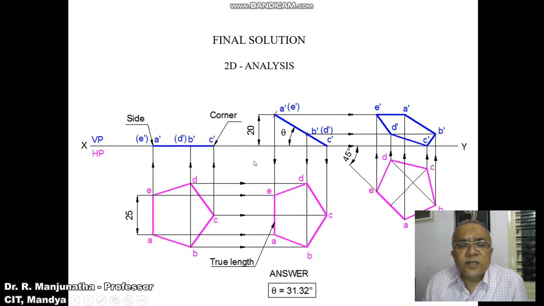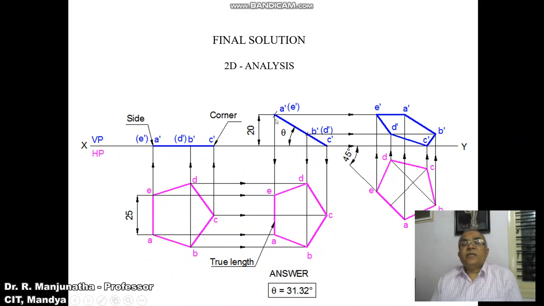Then he says that it is resting on one of its corners, so take any convenient distance, you mark this point as C dash, and then from here you measure the distance of 20 mm and draw a horizontal line. Then by using the compass, you measure the distance from C dash to A dash. With C dash as center, cut an arc on this horizontal projector, which is drawn 20 mm above the XY line. So then you mark this point as A dash and E dash, and then join A dash to C dash with a dark line. Similarly, you measure the distance from C dash to B dash. From C dash, you draw an arc so that you are going to get this point, and you mark this point as B dash and D dash in bracket.